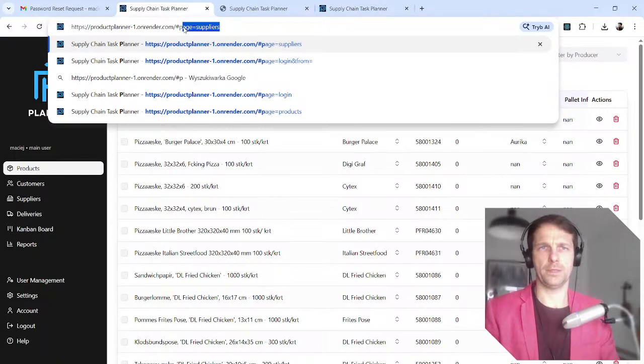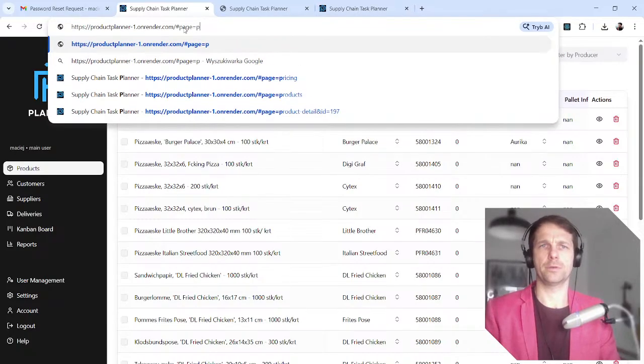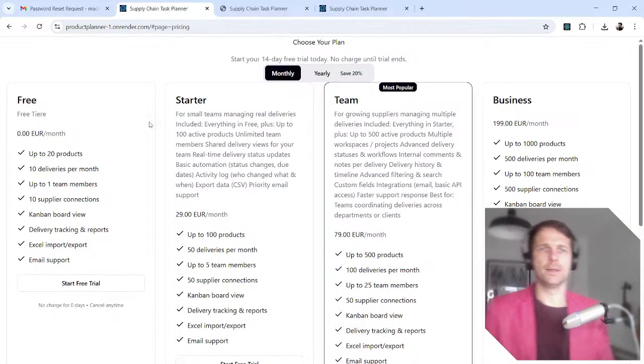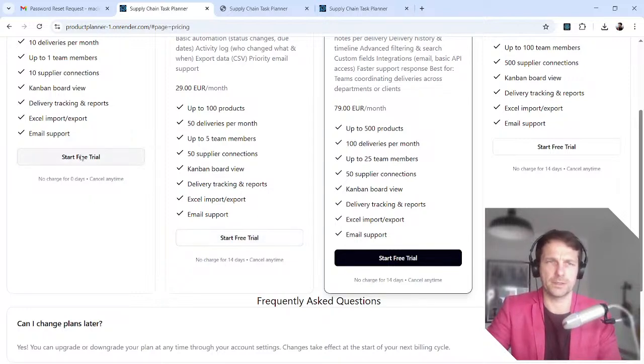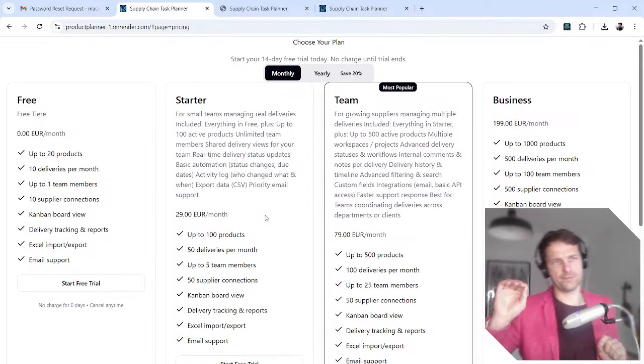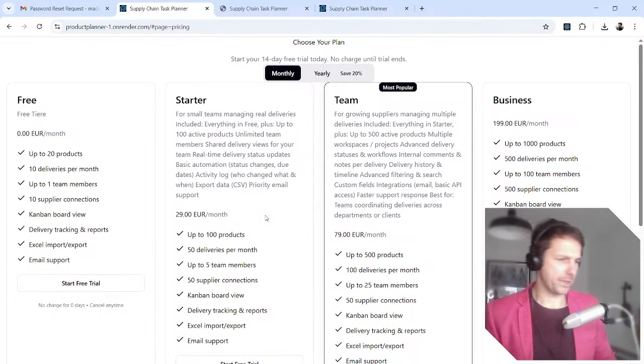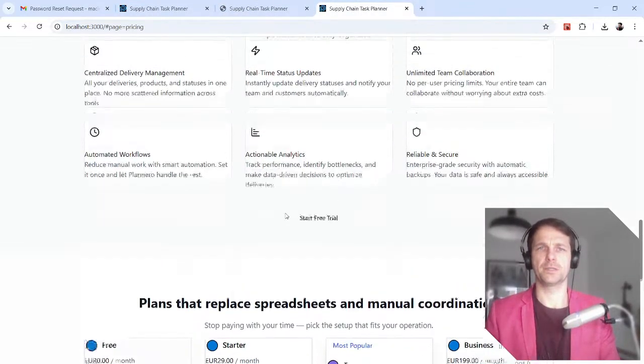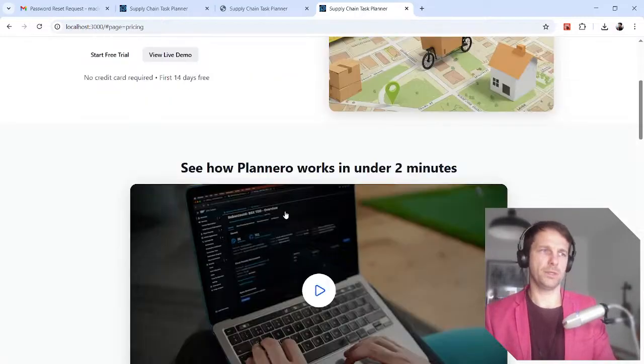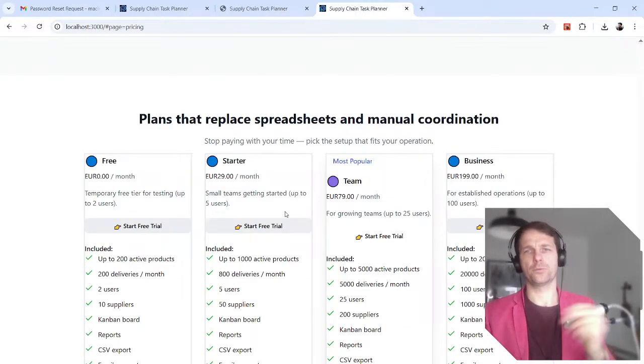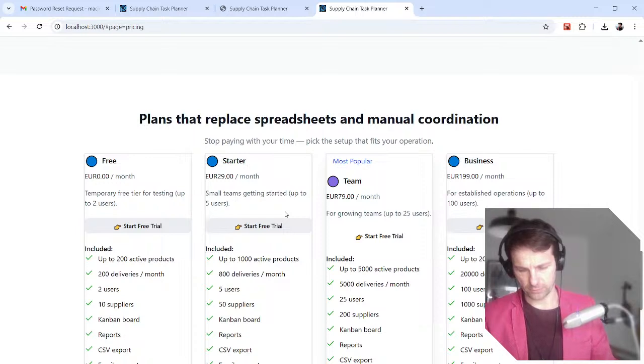Page, so page pricing. My routing is kind of annoying me a bit, but okay, basically here you can sign up for the product, and then this would redirect you to register. So this is actually something I still have to think through, how it's actually done. On one hand I have my register page, so this page, the sales page, should actually be pointing you to the register option. So this is something I have to redo now.